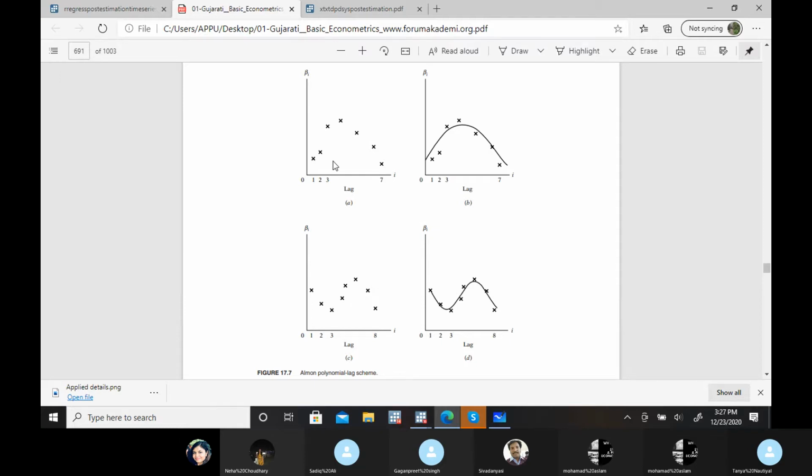Again, this is a theoretical thing. If in any particular model you think that the impact of lag is in a particular form, let's say this diagram A or B, where first it's increasing and then decreasing, you have to describe this theoretically from your background of the model.